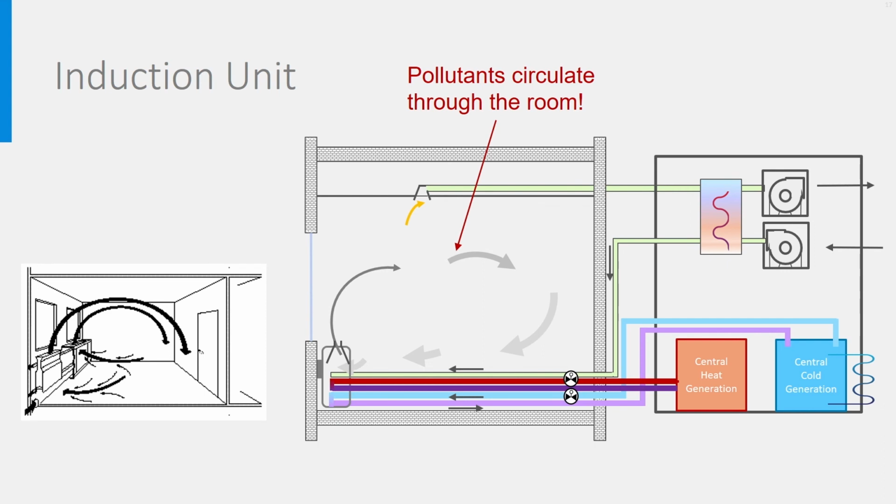Because the room air is circulating all the time to the unit, it can be easily cooled or heated, and only hygienic airflow rates are needed. The induction unit therefore saves energy in comparison with the fan coil units. However, as we have learned from the COVID-19 pandemic, they also cause many problems as air pollutants are not immediately exhausted through the return valve, but undergo many cycles in the room and are moved from one location to the other within the room. It is therefore not recommended to use them.